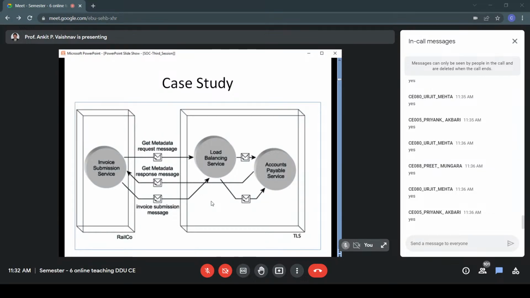Okay. So before we send the invoice submission message, at least two messages will be exchanged, right? Why am I saying at least two? Because there can be two more. Which two can we have further? Get request and get response. Correct. Very good.